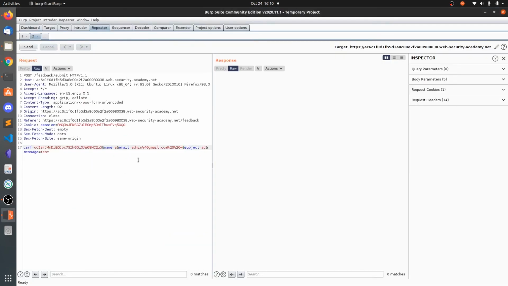So okay, what we can do is we can say whoami greater than, so we need to pipe this to, we need to send output to /var/www/images/test.txt. So you can also first get the environment variables.